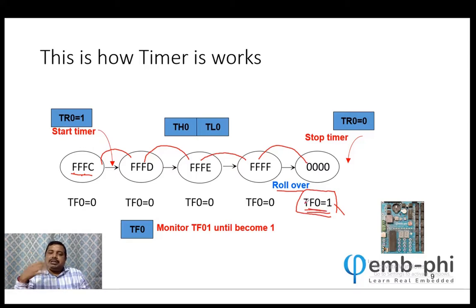What is this flag? We can write a program using this flag. Until this flag is 0, we will think our timer is not over. Once this flag becomes 1, we will come to know our timer is over. This is like an indication, like a flag. Like when I am counting till 10, I will go 1, 2, or in reverse, 10, 9, 8, 7, 6, 5, 4, 3, 2, 1. So this raising is TF0. It's a flag kind of thing. Hope you are understanding a little bit. If not, listen one more time to what I said, and you will definitely get it.